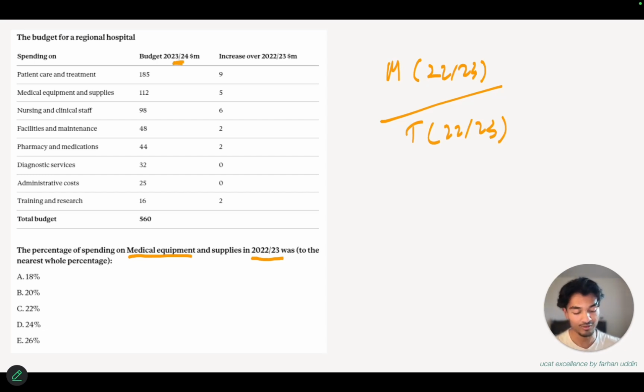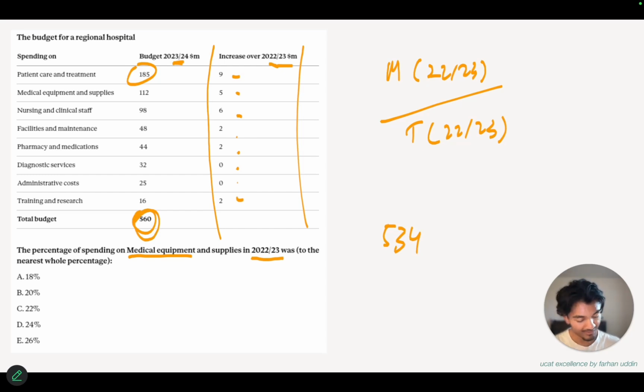So we're going to need to use all the information that we have in front of us to find the budget in 22/23. So we've got the total budget here, and this column here is basically telling us by how much did this number increase as compared to the last year. So if we subtract all of these numbers from this total budget, we end up getting our number of